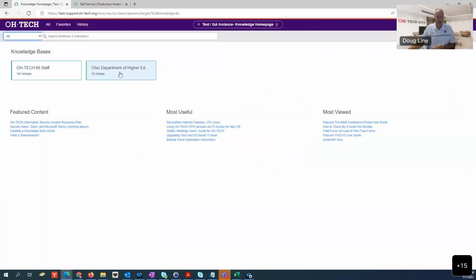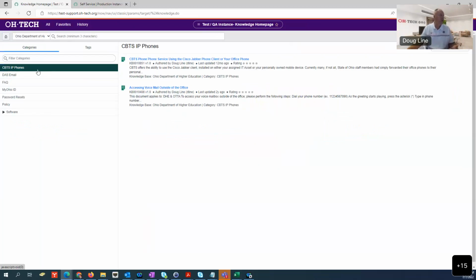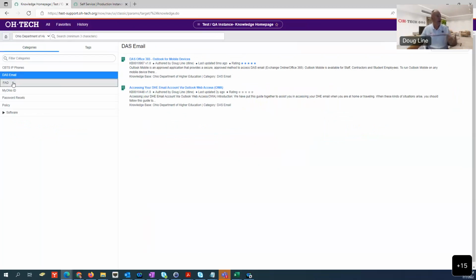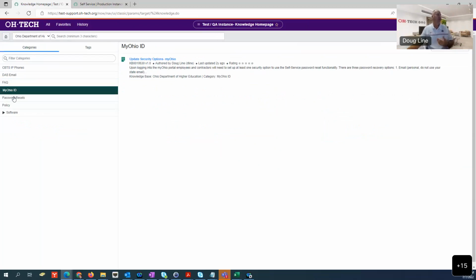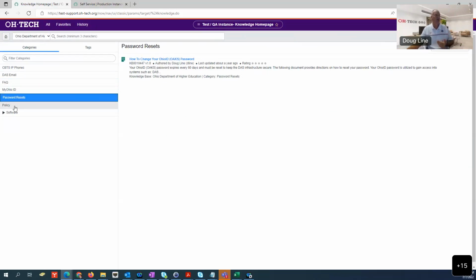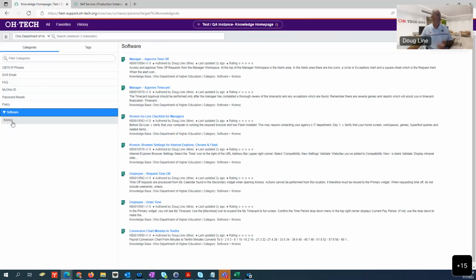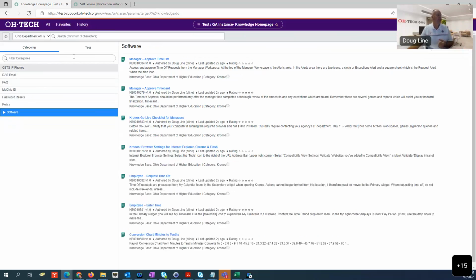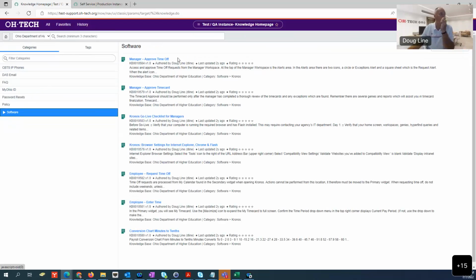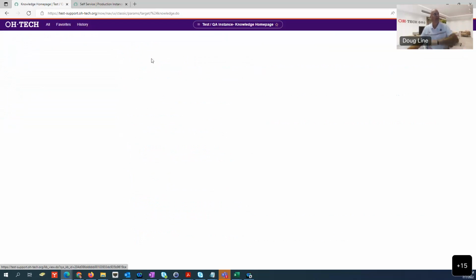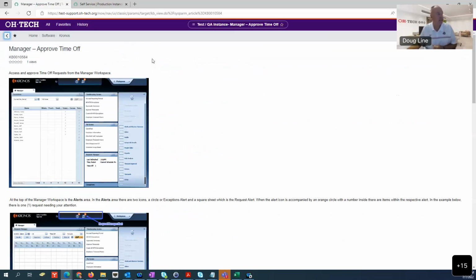And you can go into any one of these and scroll around and find information about how to do password resets. If there's policy information, software information. One of the things though that we're asking folks to start taking a more active role in is